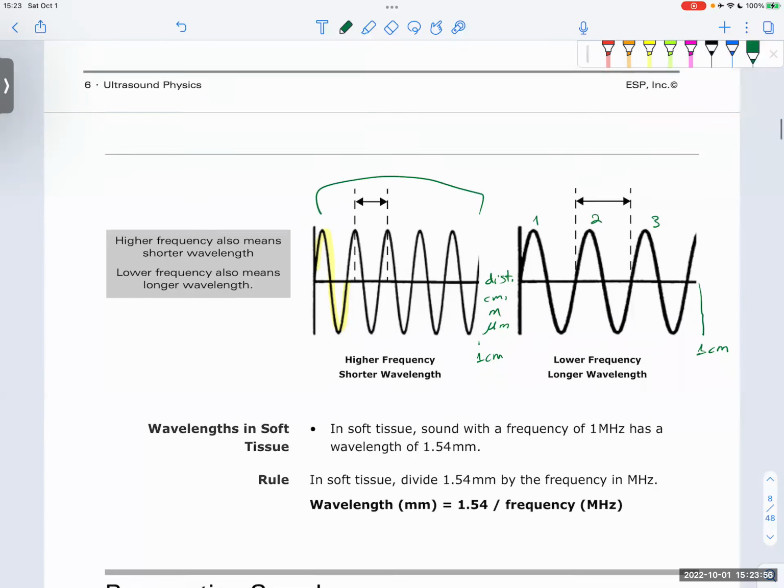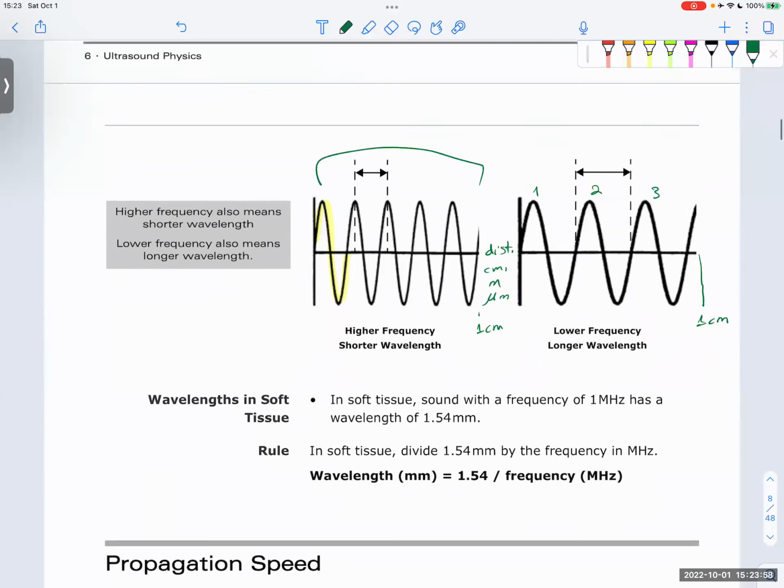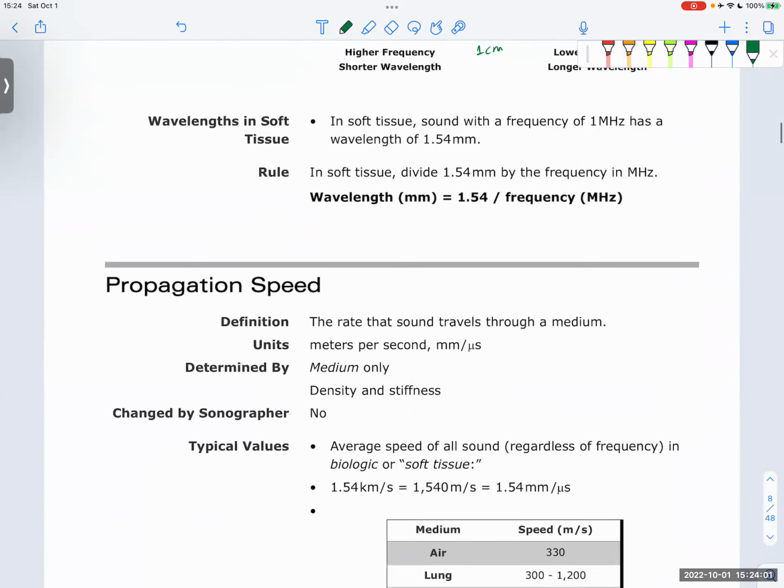Now, the formula that all of us need to know, and that's very important, we're going to connect it with the 7th parameter, which is the speed, the propagation speed, which is the rate at which ultrasound or sound waves travel through a medium. We know that sound wave is a mechanical wave, so it needs a medium. So that medium will determine the speed, meaning that some media have a tendency to have a higher speed, whereas other media will have a lower propagation speed. So the formula that we need to remember is